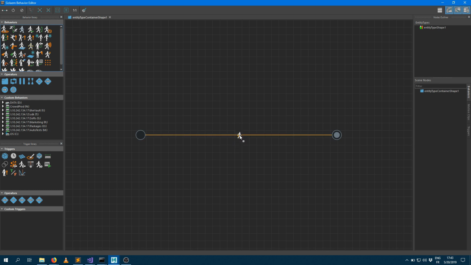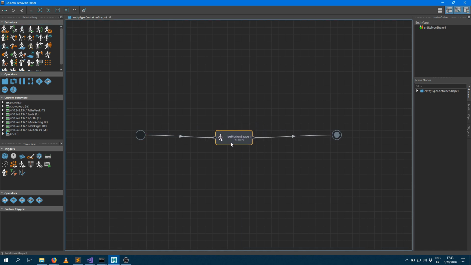It's now yellow, and if I release, you can see that it created a block, and that block is connected to that arrow. If you haven't connected it properly, you can still at any time grab a block and put it into the arrow. And if you'd like to unlink a block, you just press the Alt key on your keyboard, grab your motion behavior or whatever behavior and remove it from the flow. So let's bring it back.